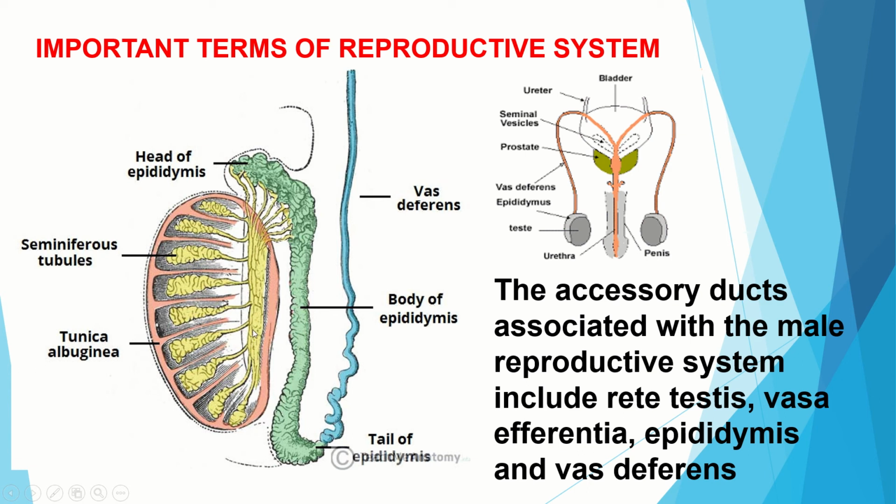All the vasa efferentia are united to form a highly coiled mass of tissue called the epididymis. This is a simple coiled tissue which stores the sperm temporarily, and the sperm matures here only, its motility increases here, and this area increases the sperm's fertile capacity. Everything takes place inside. Once the sperm is produced by the seminiferous tubules, it reaches the epididymis and is stored here, and then it attains all the characteristic features, and only then leaves the epididymis and passes through